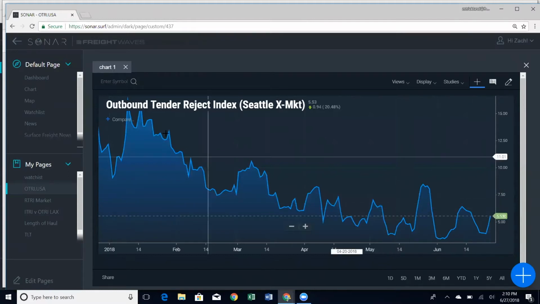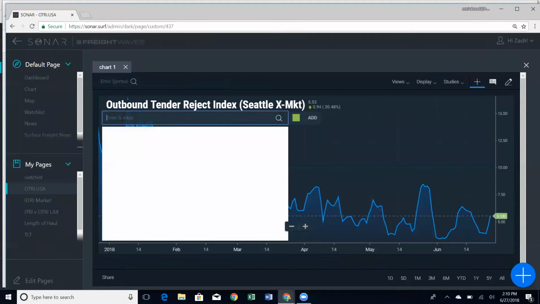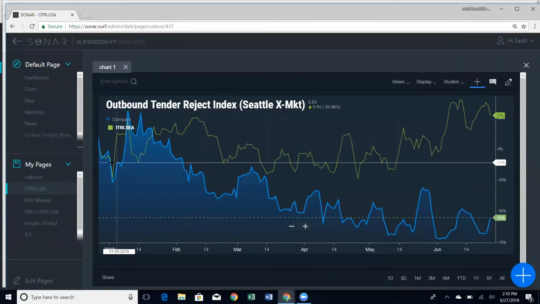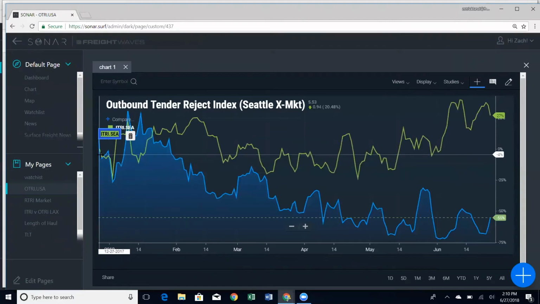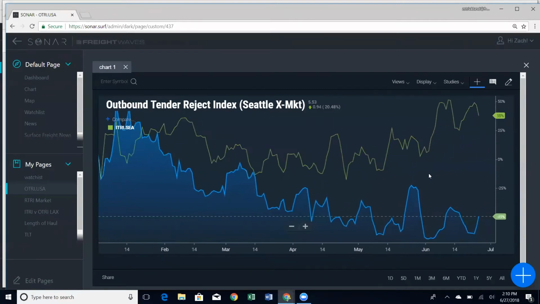So now I'm going to throw up the iTRI, for instance, and show you guys what that relationship is. So what I've put up here now is a relational chart. And what this means is that whatever the start point is, it's going to start measuring percentage changes versus that start point. So right in the early part of the year, we go ahead and move this chart out a little bit more. So I'm going to say at the first of the year, when we started 2018, it's going to start